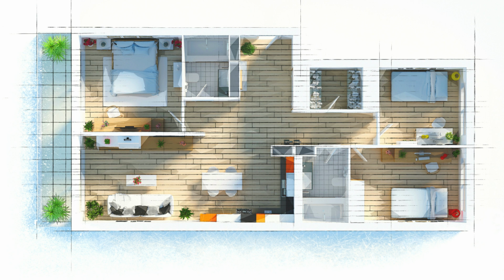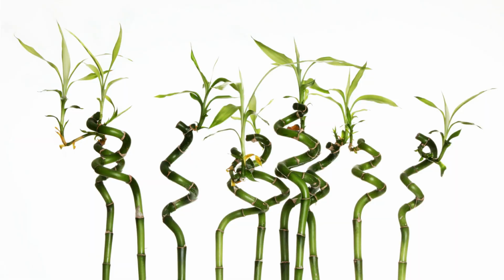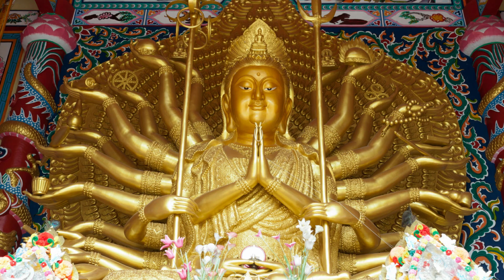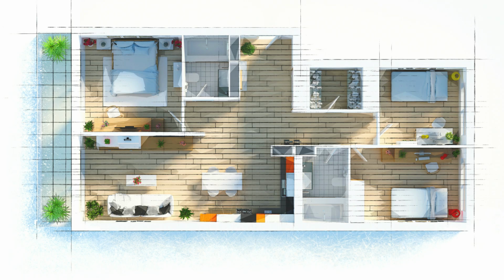For the recreation and hobby, you can display lucky bamboos because they are related to intelligence. Or you can display Guanyin Buddha because Guanyin can show up with thousands of hands, and that can be related to being crafty and handy. And if you have a space to practice your hobby, that will be the ideal place to display these feng shui symbols. Maybe you have a studio in the basement or a part of your garage.